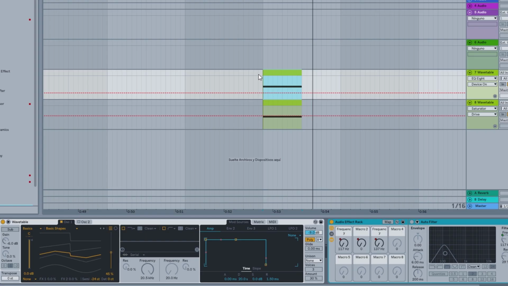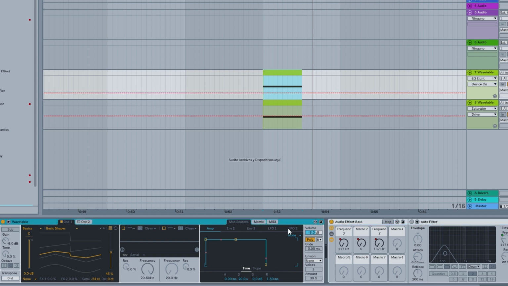Alright, let's stop with stupidity and let's get to actual work. So as you can see, I've used something called wavetable. The reason I use this is to show you that you can make a growl bass with pretty much any sound. So I've used this sound. Let's mute the sub layer,